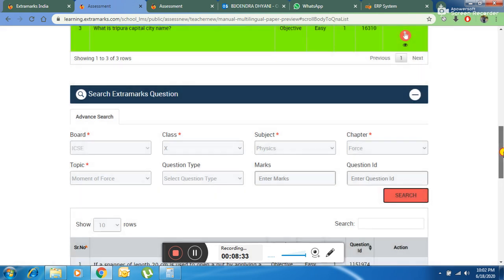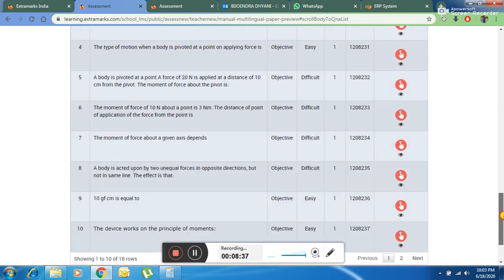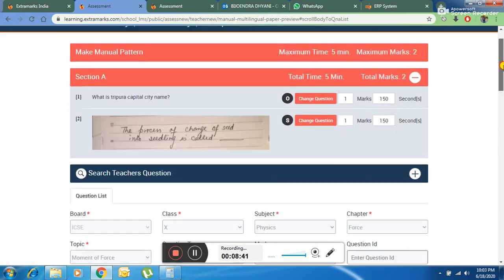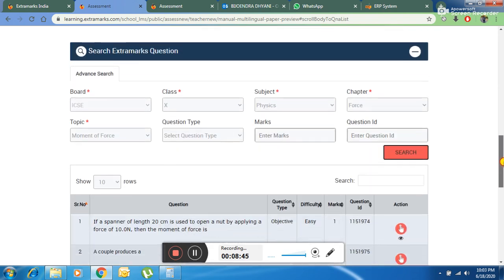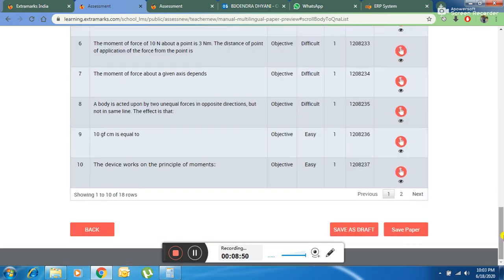So when I click search, can you see these are all extra marks repository? So same manner, if you want to take one question from extra marks and one from yours, you can do that, but you have to select search extra marks question. Okay, the same way you can add also. Okay, so now I'm just saving it.